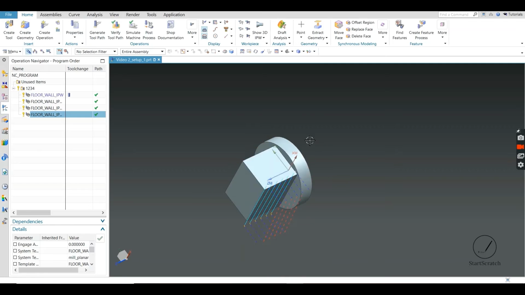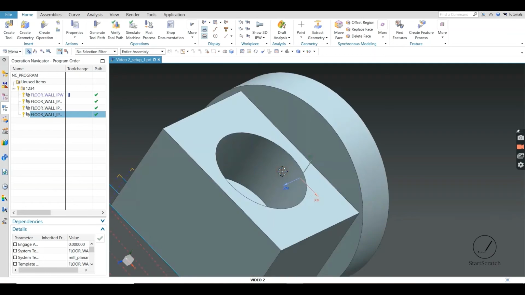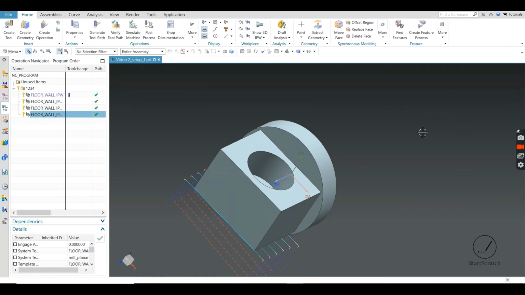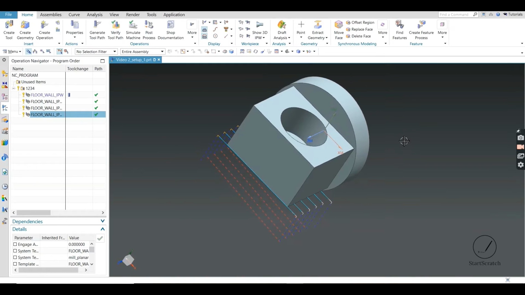Done. So facing operations are done. So facing is done, and now we would be continuing with the hole making operations.